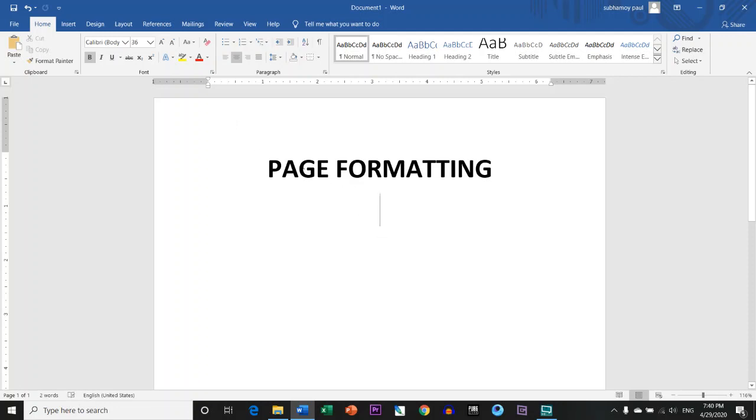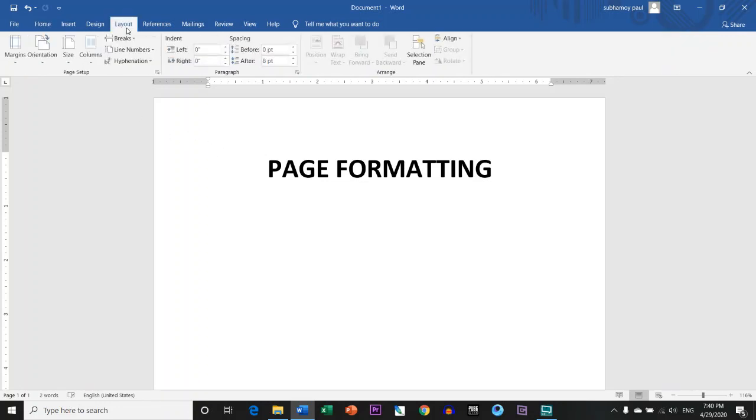Now for this we have to follow certain measures. If we go to this layout option, here we can find some information related to our page formatting. In this layout option we can get some other added options called column and break.